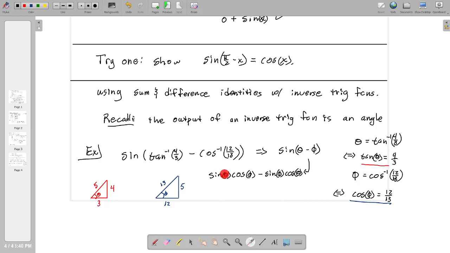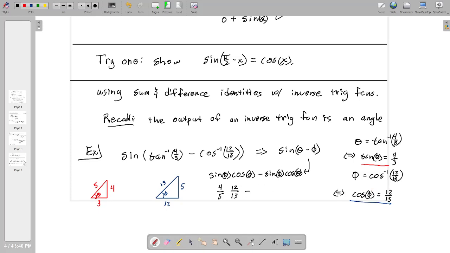Now we're looking at sine of theta. Well, I have a theta angle, I just need to find the opposite over the hypotenuse because we're dealing with sine. Opposite over hypotenuse is 4/5. Cosine of phi, we have an angle phi here, so we do adjacent over hypotenuse, which is 12/13, which we also have over here,